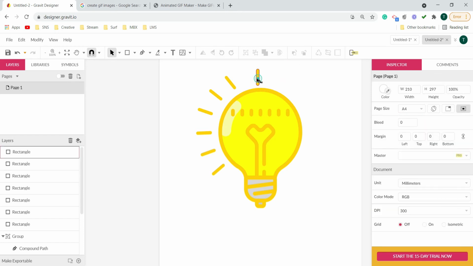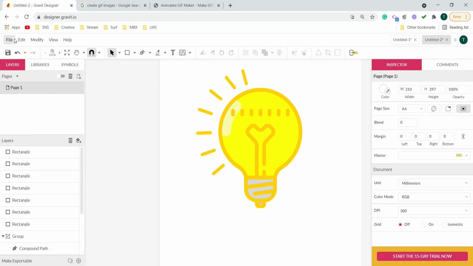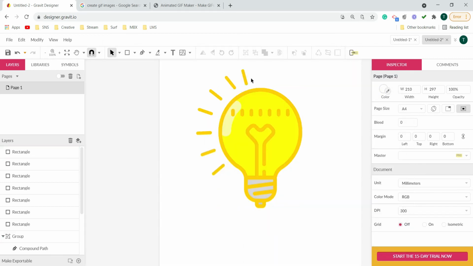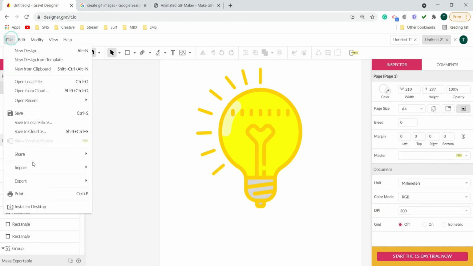The problem is here we need to add one. So let's place it a bit over here and rotate it like this. Export this image. And one in the center with 180-degree rotation so that it will come exact straight, and export.